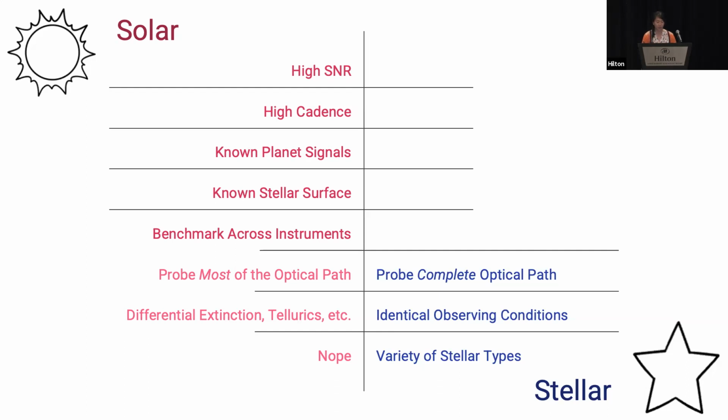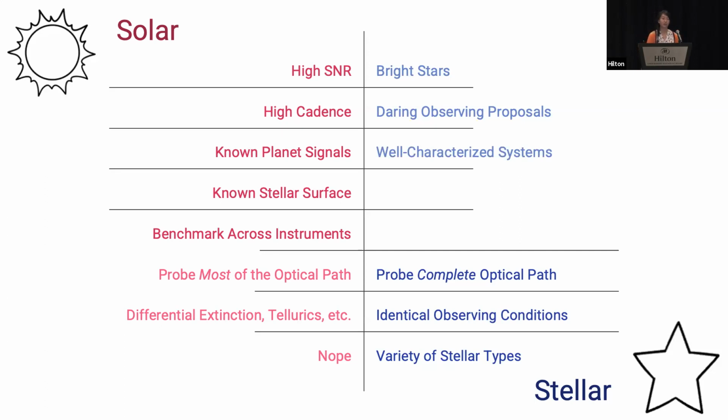But if we think about all the benefits we get from the sun, there are some ways that we can recreate it with stellar observations. If we want the high SNR, perhaps on the target list, what we really want to focus on are the brightest stars, where we'll be able to get a similar SNR across a lot of different instruments with different throughputs. Maybe cadence, if we wanted to capture these p modes, we need to start thinking about ways that this community can motivate really daring observing proposals that take up an entire night of telescope time to look at a 4th magnitude star at a 1 minute cadence, right? Maybe that's something we want to work towards if it's something we really see as beneficial in the solar data.